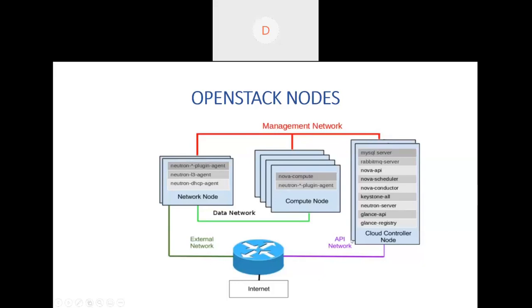Now you see there is one more network, the API network. So this API network is when your